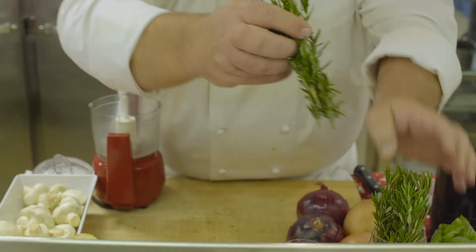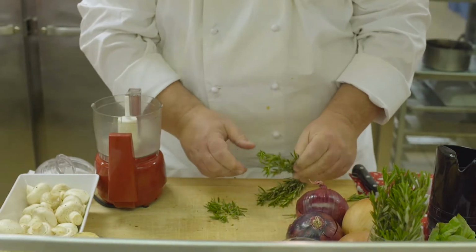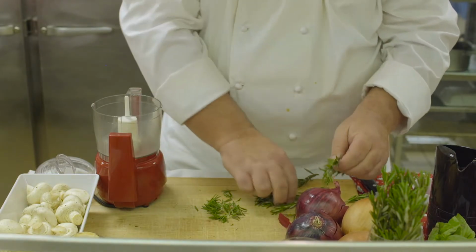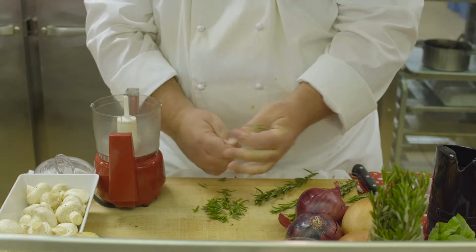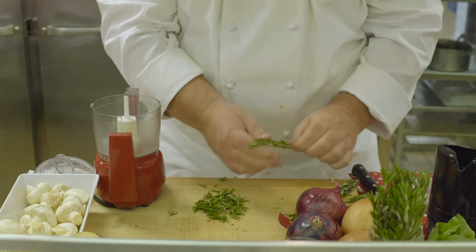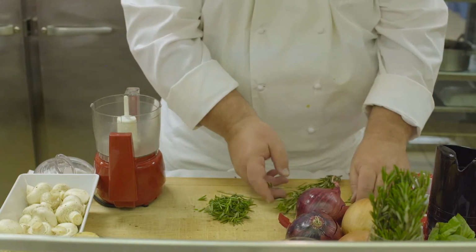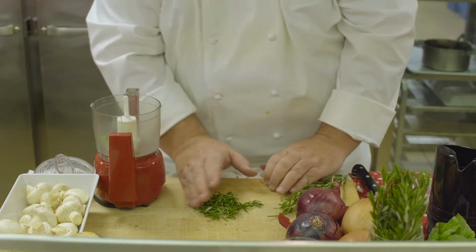We're going to do this little trick that I use a lot, because I love rosemary, but I don't like the texture of it. It's like a pine tree. So what I do is I take the leaves, little things off it, and I have this little processor that grinds. I use it for grinding herbs. It basically will powder just about anything,